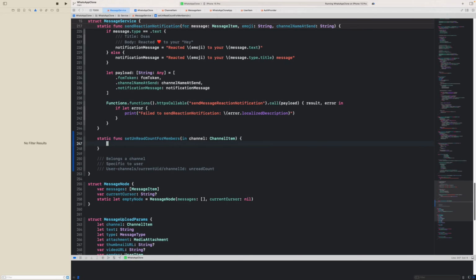Okay. And now I'm going to get the member UIDs. So I'm going to say member UIDs, that was going to autocomplete for us. Let's see if we'll do that again. Yep, member UIDs. But I want to do members excluding me. So I'm going to say members excluding the currently logged in user, because what I'm trying to do here is